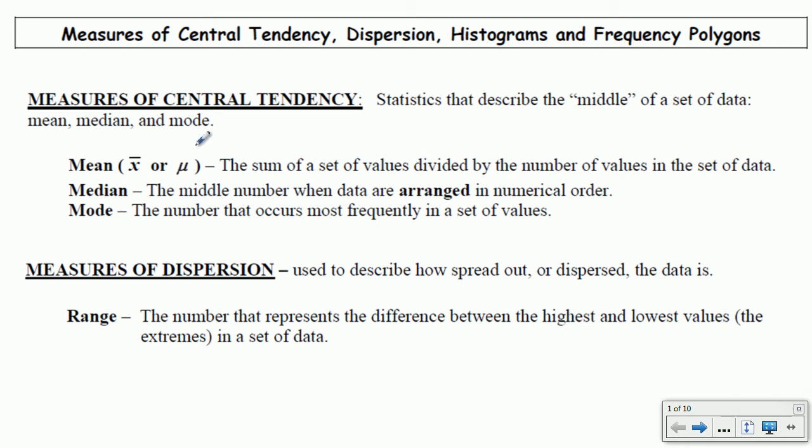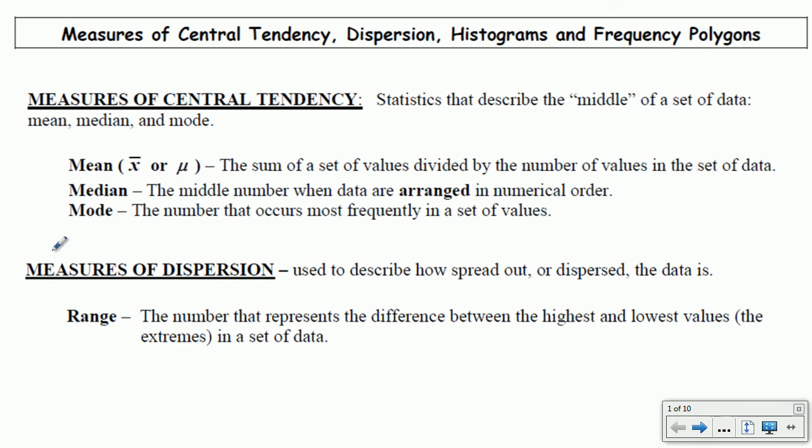We have first the mean, which is the sum of a set of values divided by the number of values in the set of data, what you might often refer to as the average. The median, which gives you the middle number when data is arranged in numerical order. And we also have the mode, which is the number or numbers that occur most frequently in a set of